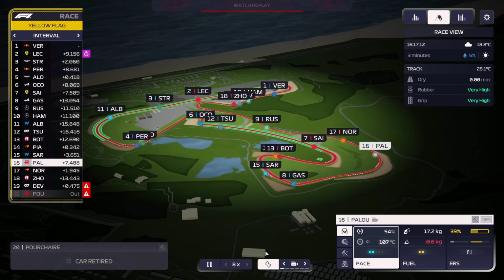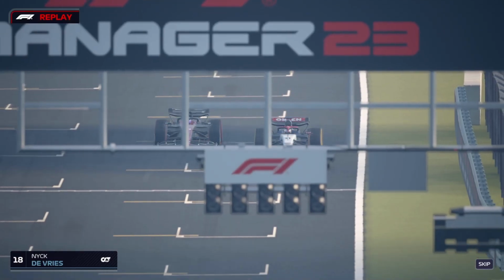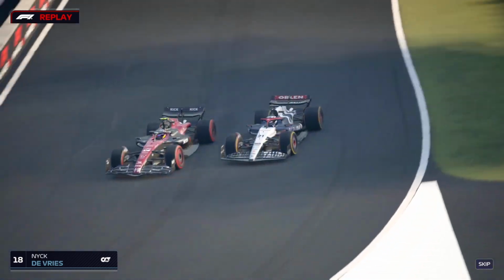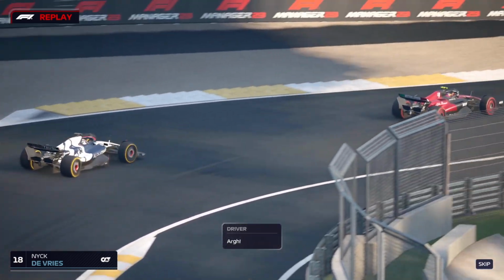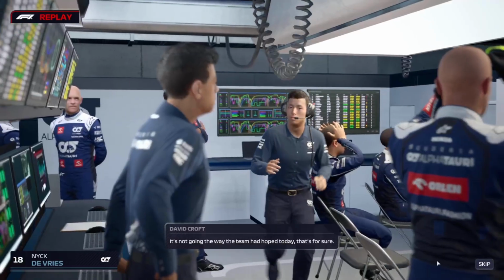Go late on the tires. It was a caution black. What's happened there with Nick de Vries? What is this? They're both out. This will be a big help to us. Nope. It's not going the way that...